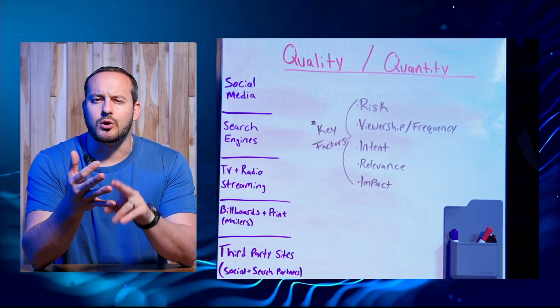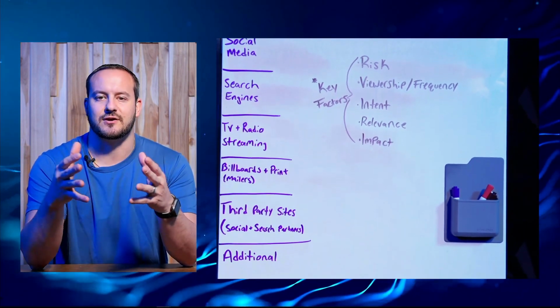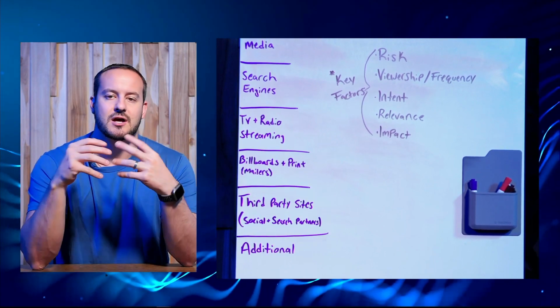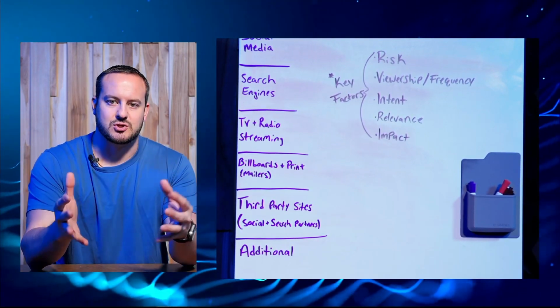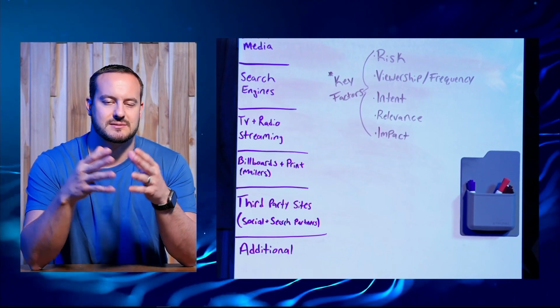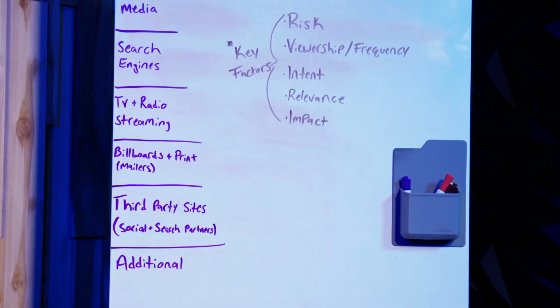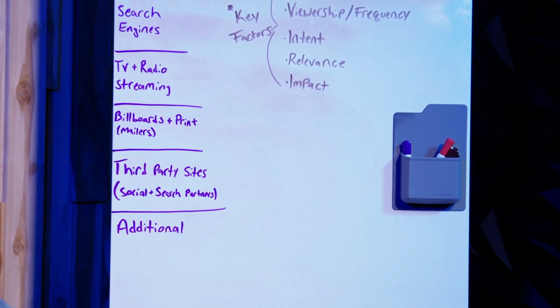You have billboards in print. I consider this more like mailers, or probably the most significant form of print advertising today. That can also include magazines or newspapers or anything like that. Now, be careful with this because you have to look at the customer acquisition costs, but it is still relevant in some marketplaces. And then the other sites like, let's say weather.com or any of the other types of platforms